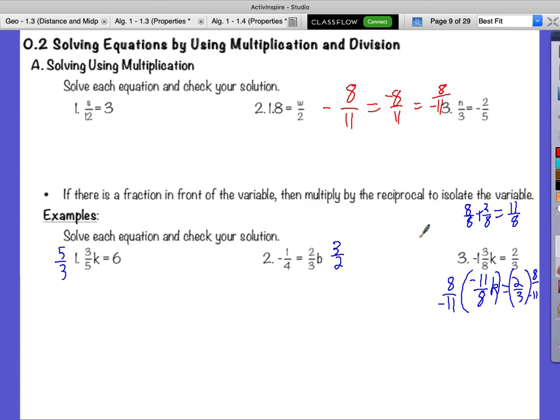So, this all became what? 1. Okay. And what's right after 1? Equal. That's where your equal sign is. Okay? And then you did 8 times 2 is 16. 3 times negative 11 is